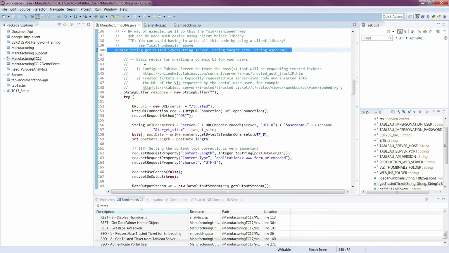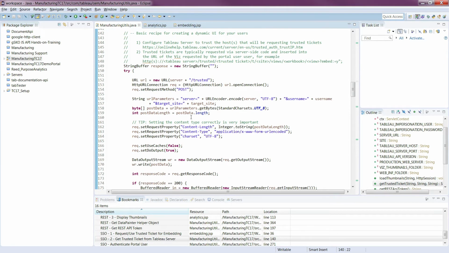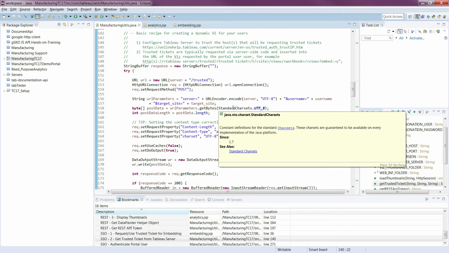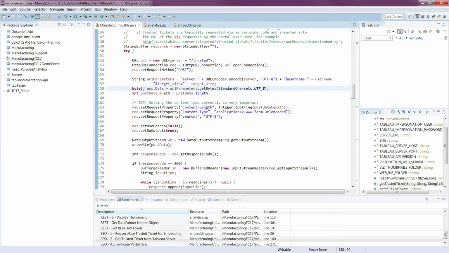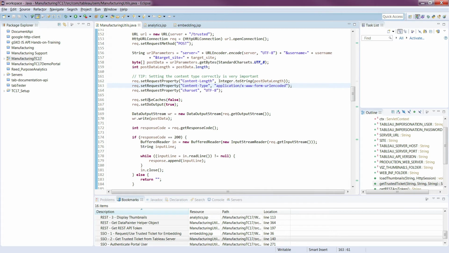So inside of our utils function here, our library, we have this getTrustedTicket function. This is not using a helper library, so we've left this one open so you can see the difference between calling a single function like getTicket versus writing a raw interface to the REST API on Tableau Server. So here we actually are going through using an HTTP URL connection, and then we're doing a post, and we're building up this URL with all of our variables, which is the server, the username, and the target site that we're going to use. And then from there, we're posting that data. We're adding headers, specific headers of what type of content this is, what the length is, and then we set these other variables, and we get back,